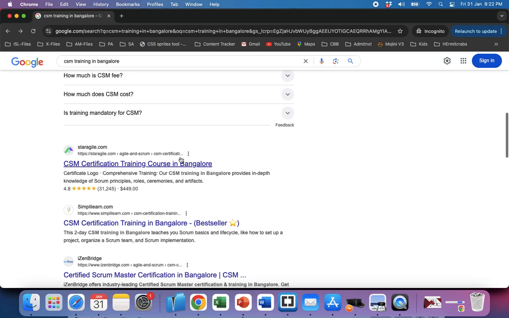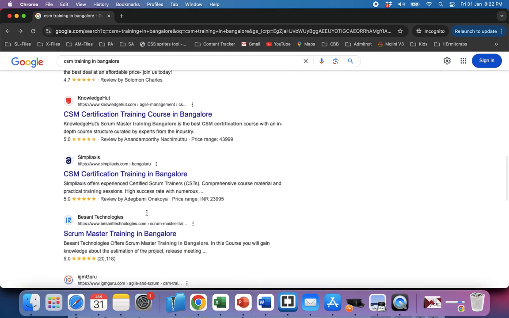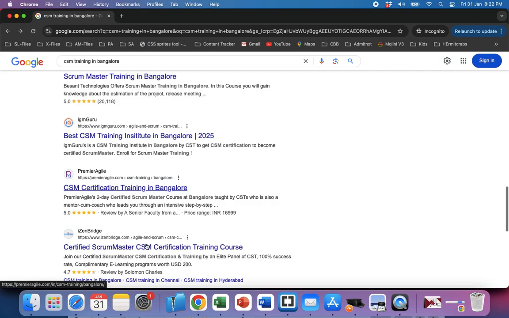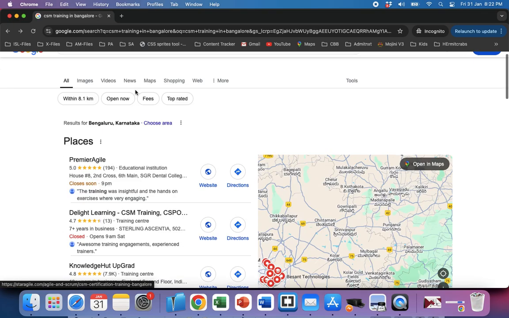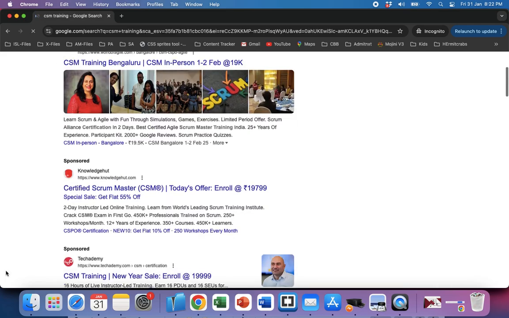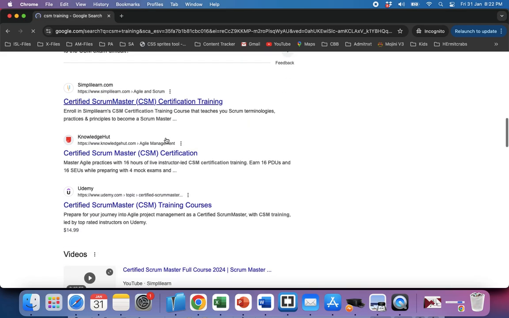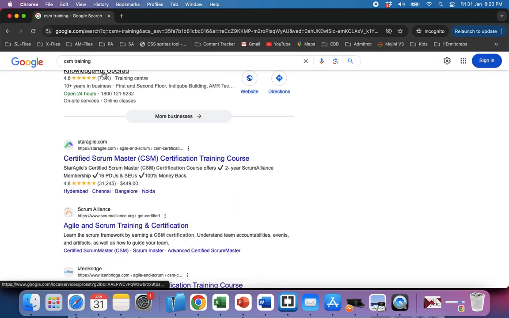Do you see anything like a generic CSM certification page here? It's all Bangalore related. Every page has Bangalore. It's not that these websites don't have generic pages without Bangalore; they have them too. But see, there is no Bangalore here, and no Bangalore here. Do you see relevant information with regard to the keyword? You have to show what people are searching for in your title. It is just generic, there is no city associated.